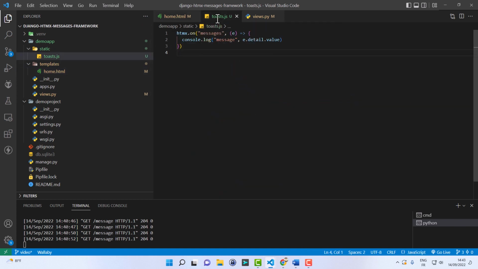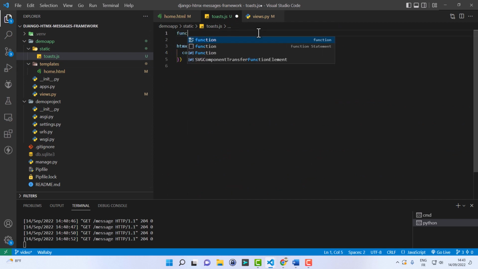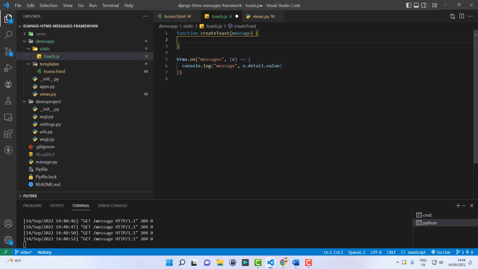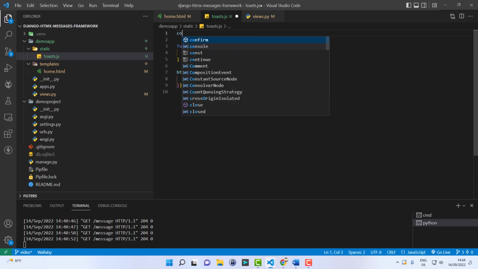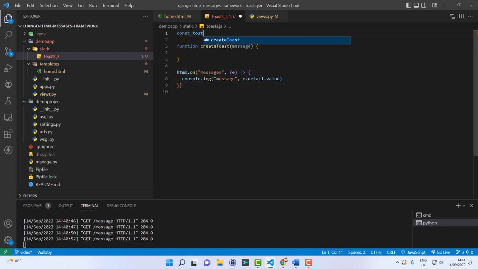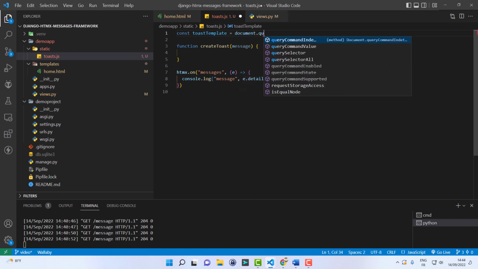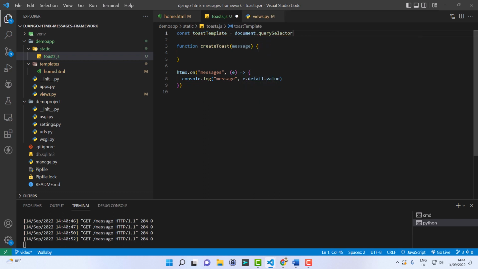So let me do just that. Let me write a createToast function that will receive a message here. This function will need the toast template, querySelector.